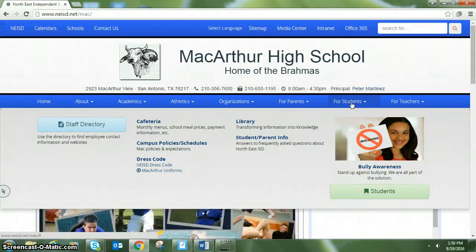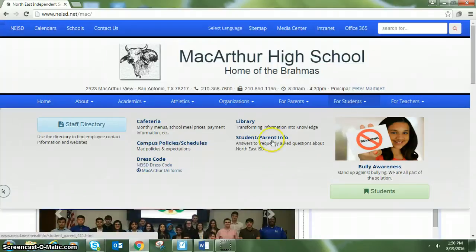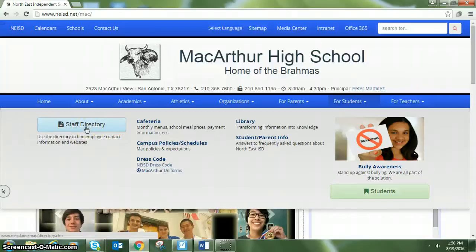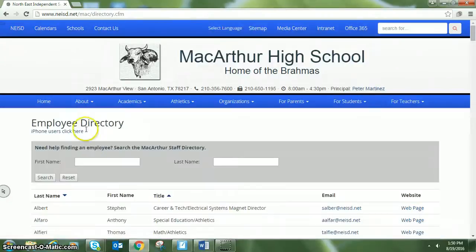So now we're going to look at the Students tab here. Again, we're going to just kind of hover our mouse over it, and you see over here on the left side there is a button that says Staff Directory. We're going to select Staff Directory, and then it's going to give you an option to search for a teacher. Now you can use a first name, you can use a last name, you can use both. Okay, so my first name is Paul, and my last name is Pearson. So I'm going to go ahead and type my name in, and I'm going to just go ahead and search